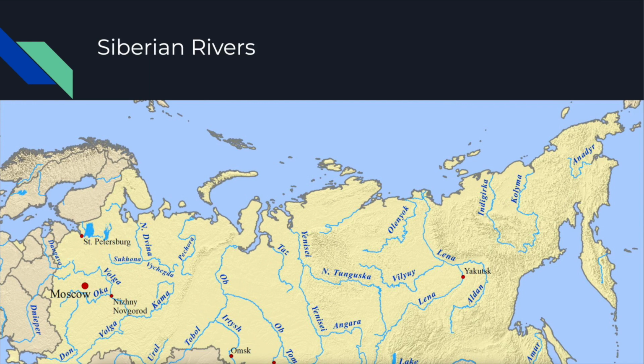The Siberian rivers are going to offer lesser value, mainly because of their location in Siberia. That's where about 20% of the Russian population lives, whereas 80% of the Russian population lives on the European Russian side. But the Amur is the exception, which runs eastward to the Pacific and borders China. So this is going to be one of strategic significance.